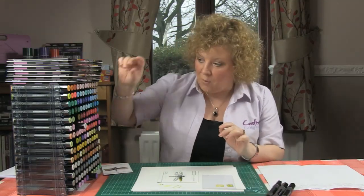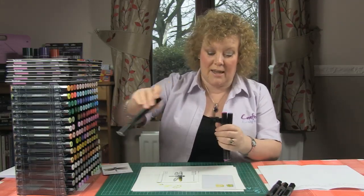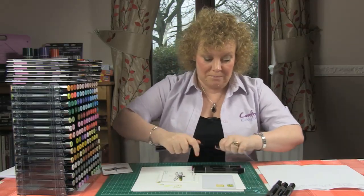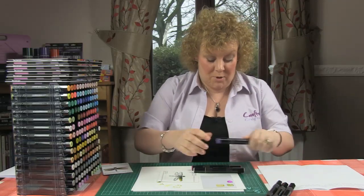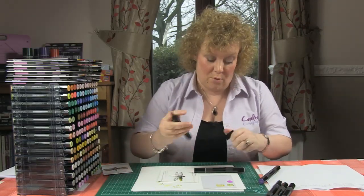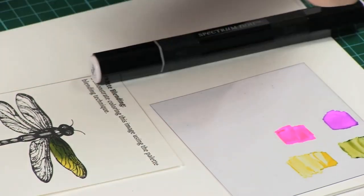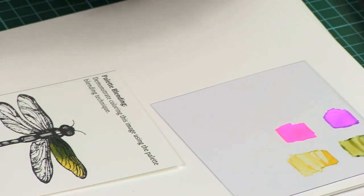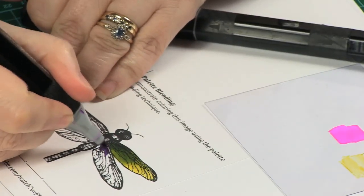And just very quickly, what I'd like to do is show you how that works with another colour set, just so you can see. And this one's really scary. I've got PL5, BP7 and PP3. So I'm just going to scribble on my PL5, which is purple 5, and my BP bright pink 7 onto my little palette. You can see these are three entirely different colour families, and then I've got my PP pale pink 3 for later. What I'm going to do is quickly add in some of the dark purple at the base,